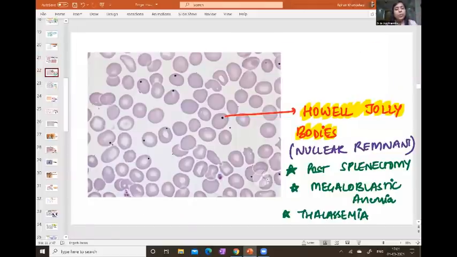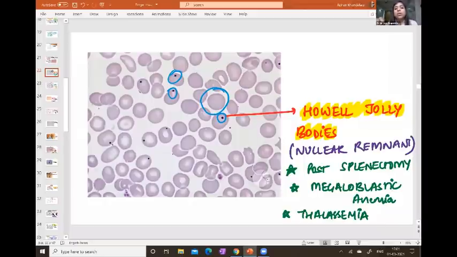Next. This is an important image, and I have seen in the past 3 years, this image has been asked in various exams, right? RBC, right? Can you see these bluish dots in these RBCs? What are these bluish dots? This is actually a remnant of nucleus. This is not the nucleus which I see. You all know that RBCs are non-nucleated. There is no nucleus in the RBCs, right?